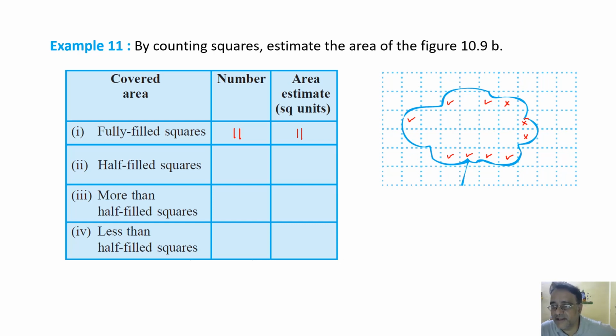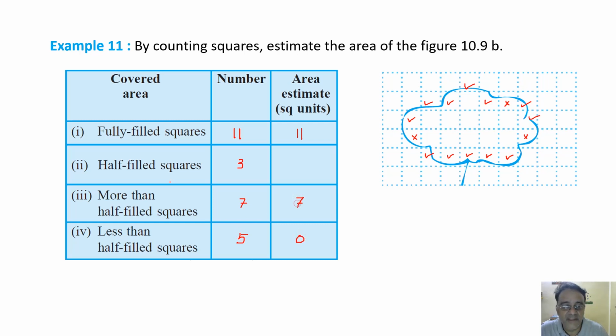ठीक है, इसको काउंट नहीं करेंगे क्योंकि ये कम लग रहा है. इसको काउंट कर लेंगे 3. ओके फाइन. So half filled is 3 and more than half is 7, and whatever is left that we have to write as less than half. So 1, 2, 3, 4, 4 और कहीं बच रहा है देखो, हाँ ये वाला 5. सो लेस देन वाले को 0 लेना है, and more than half you have to take full 7,